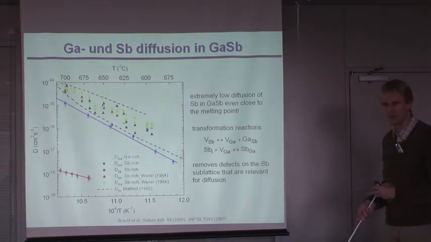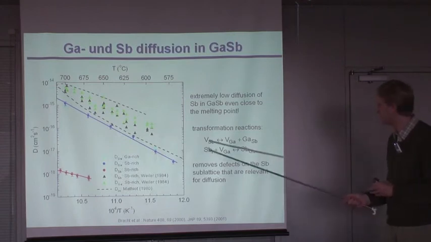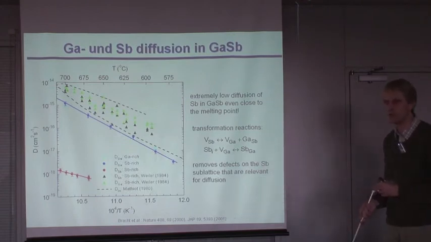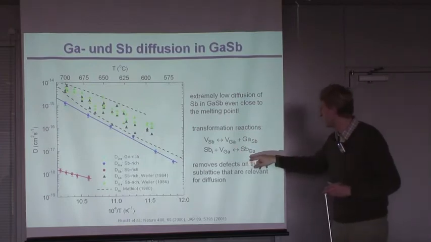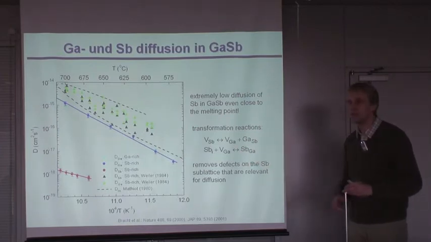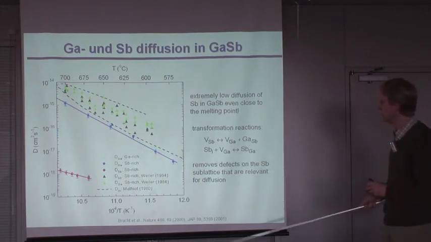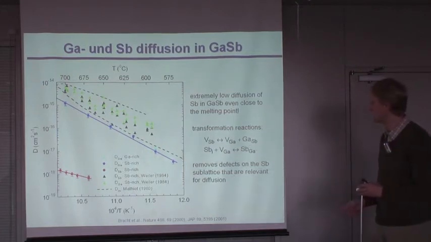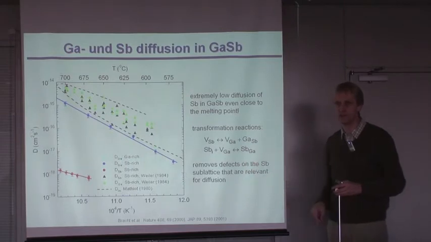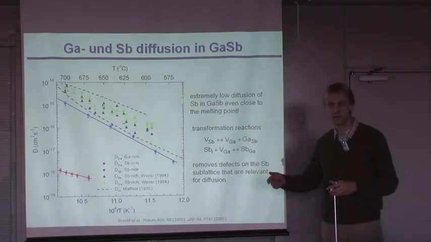And the same for the interstitial antimony. It doesn't like to be in an interstitial position, because it's a very big atom. So then it searches for a gallium vacancy. And if it comes along, then an antisite defect is also formed. So these two reactions have the consequence that they remove the defects on the antimony sublattice. And as a consequence, there's no